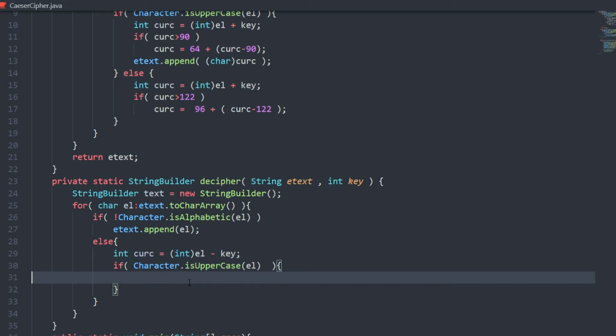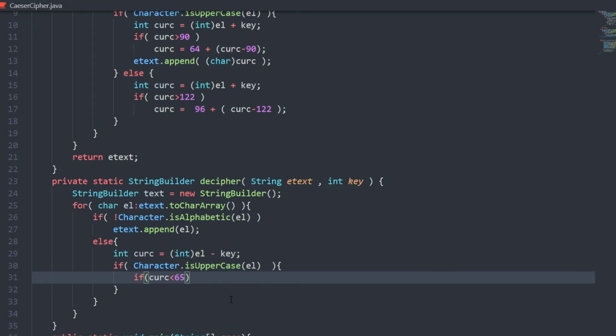Now we will just check if our current C is less than 65, because if it's something like A, its ASCII value will be 65, and when we subtract our key, for example, let us say our key is 3, our value will fall down to 62, and it is not an English alphabet.